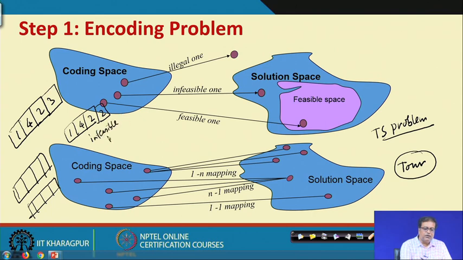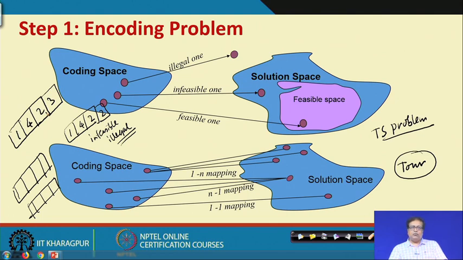not only infeasible, you can even call it illegal, in the sense that you just cannot really think of a permutation going from city 1 to city 4, then city 2 and then city 2 again. So, it is not really possible. So, if you say that no number should be repeated in the chromosome, that is called permutation encoding, it automatically ensures a feasible solution will be created.